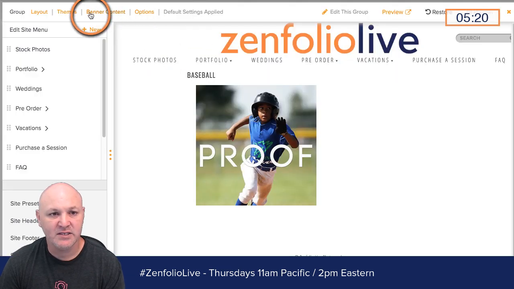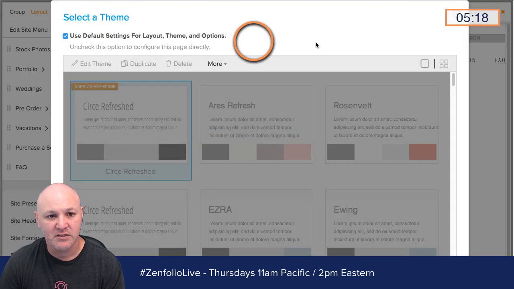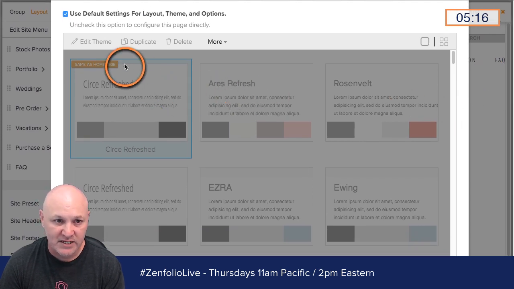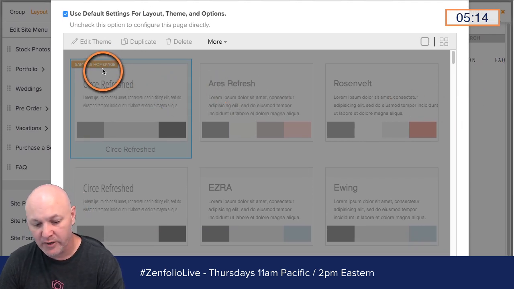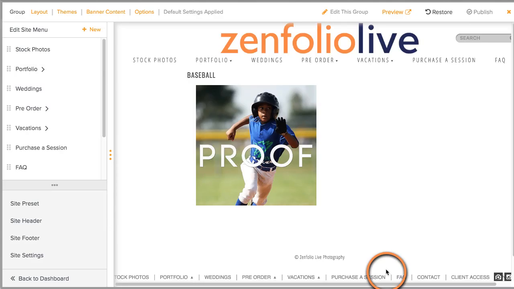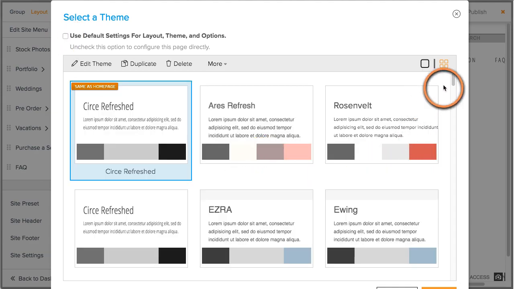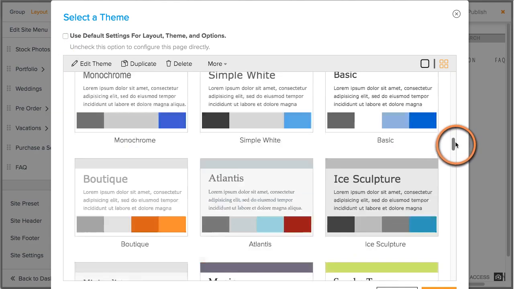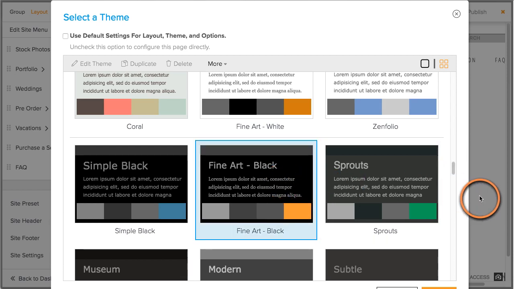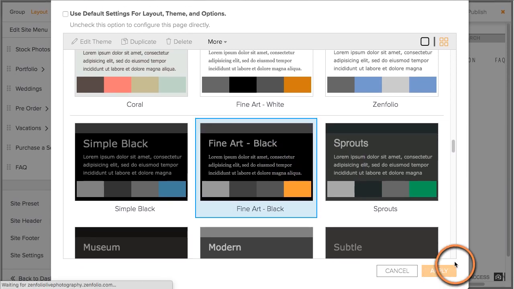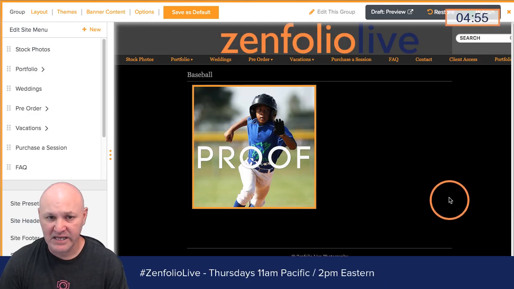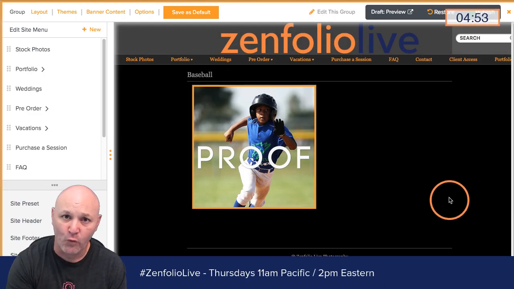And let me just go back to theme, and we're just going to say use default, which is using the same as the home page. As you can see, it says right there. But what if I want this group to have a different color? Well, all you have to do is click themes, uncheck use default, and then you can go here and we can say, I want this group page to be black. And now if I publish it the way it is, it's just going to be for this individual group.